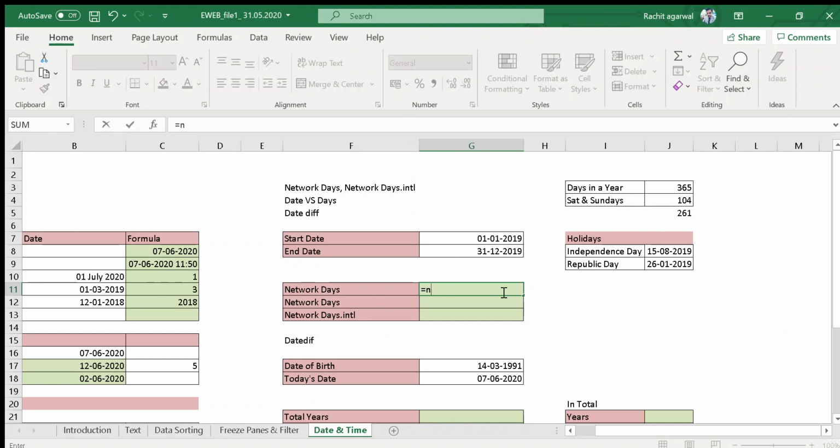Equals NETWORKDAYS, select this one by pressing the Tab key, and start date. Start date is what I have mentioned here, the years. In a particular year, I want to know how many days I have worked. So the start date of any year, here I have mentioned 1st January 2019, comma. Now they are asking for the end date. End date is, for example, 31st December,